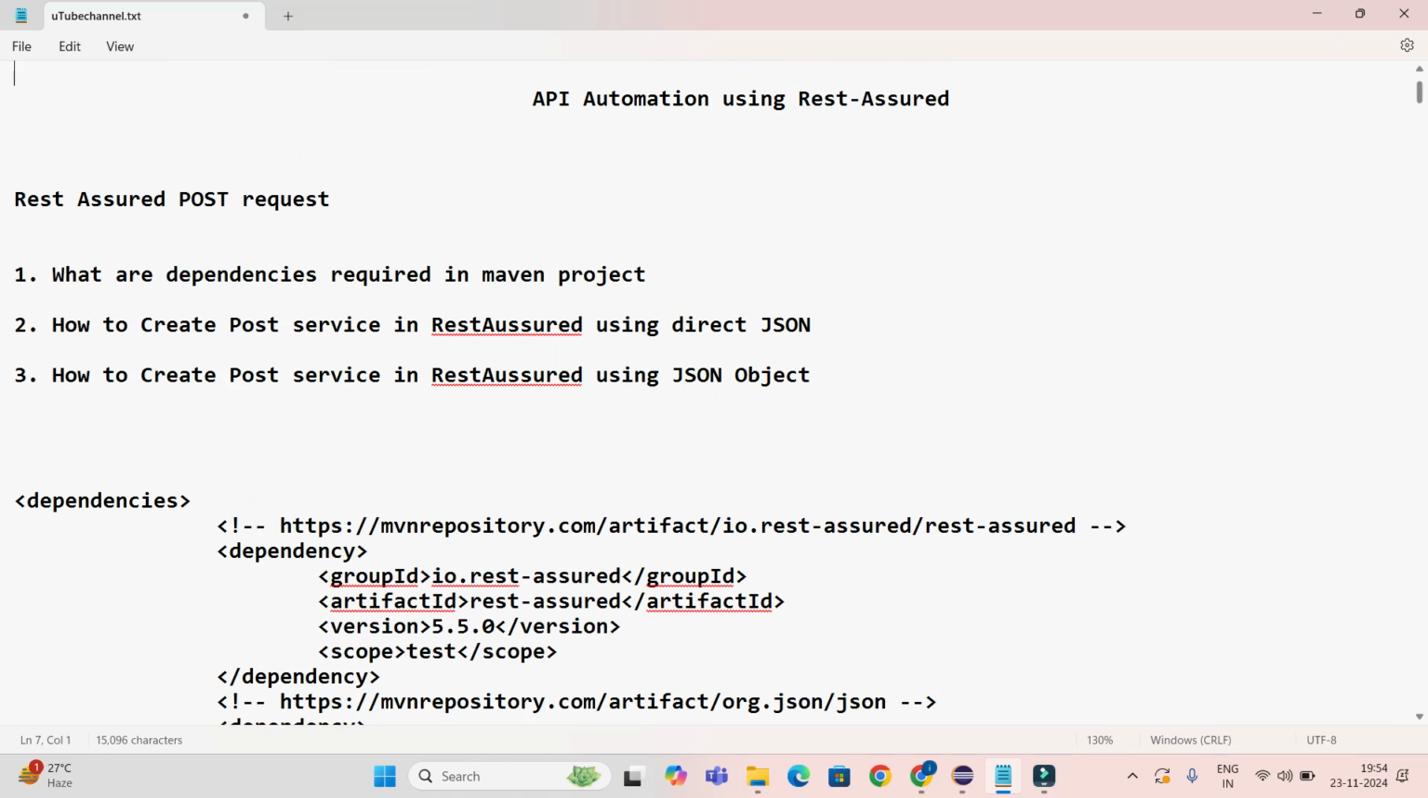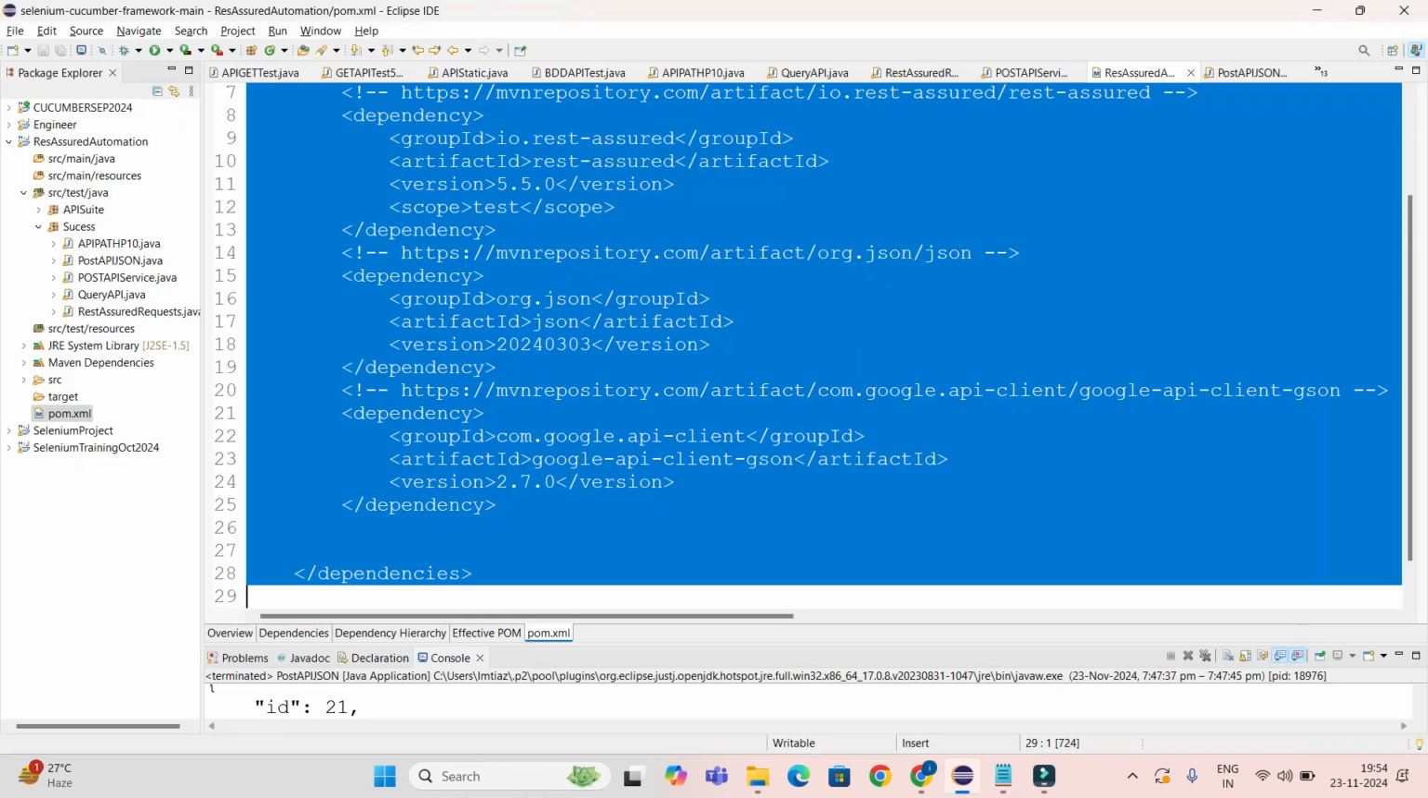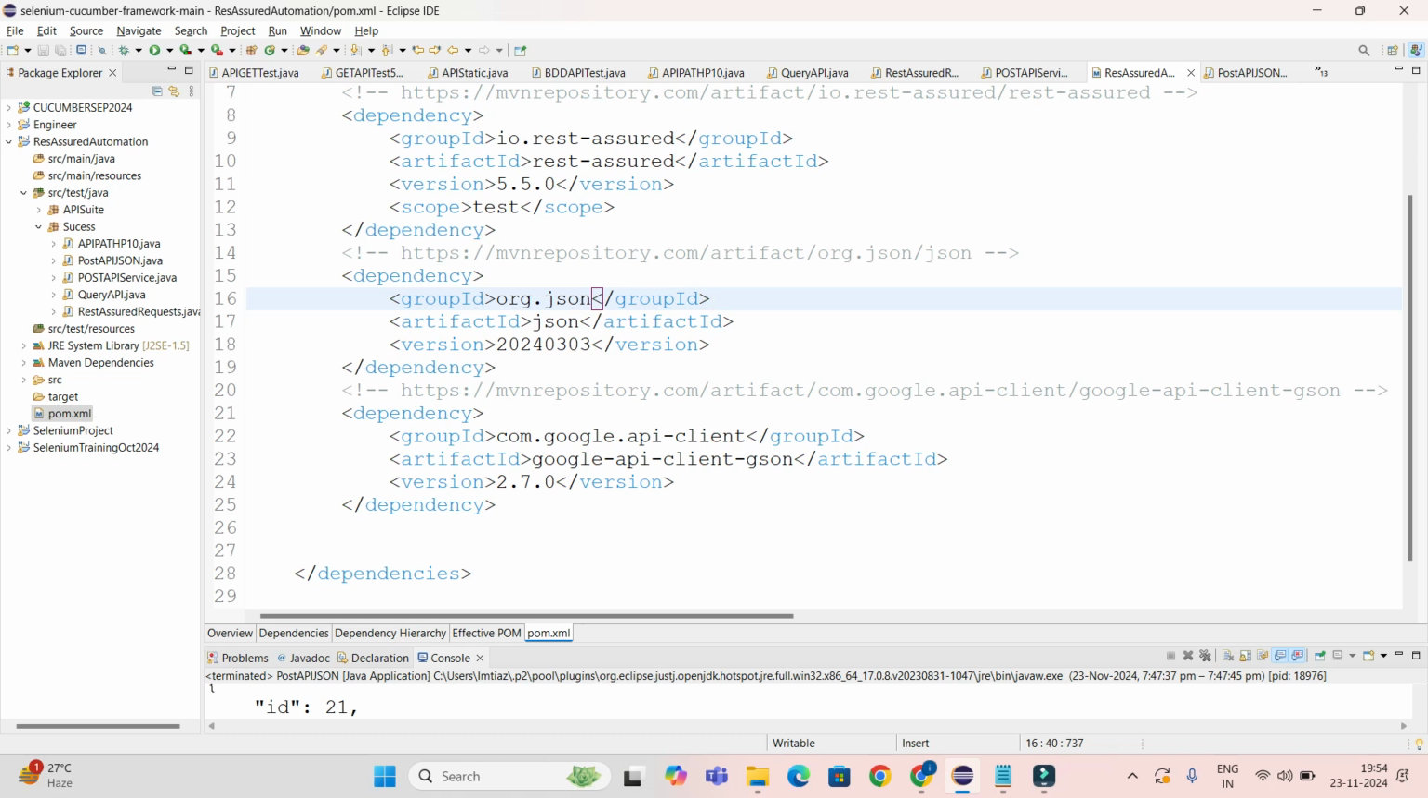Once you add the dependencies in the pom.xml, whenever you create the pom file, you need to add them here in pom.xml. Once you add this, save that, and then it will download all the dependencies in your local directory. So now I want to show